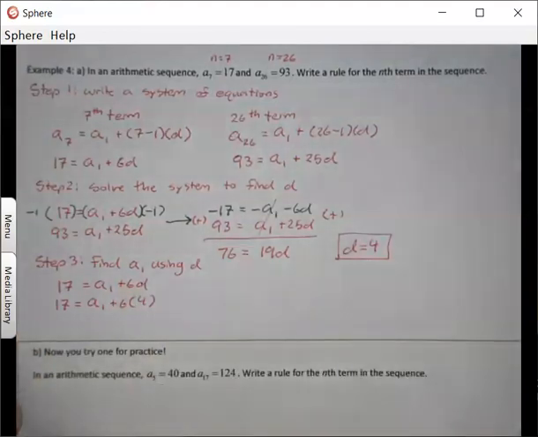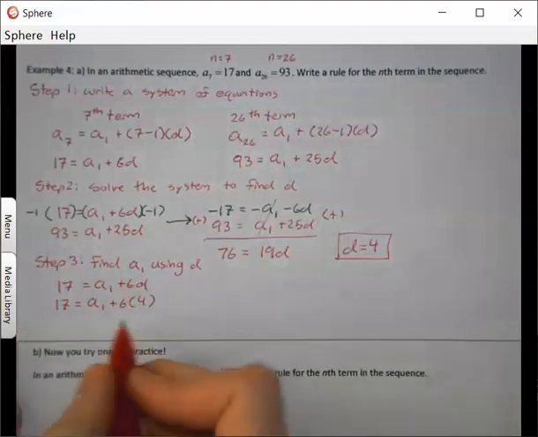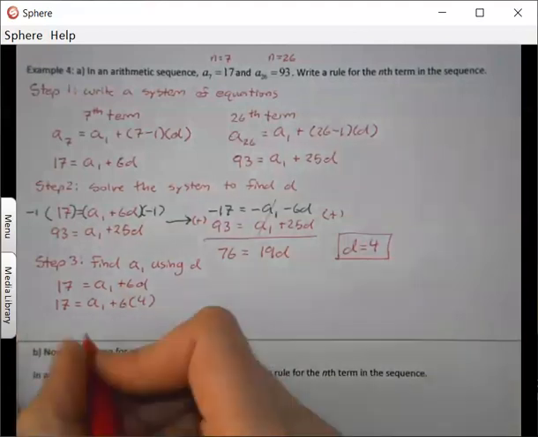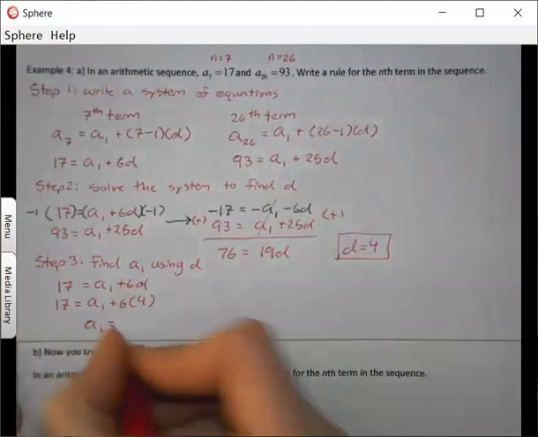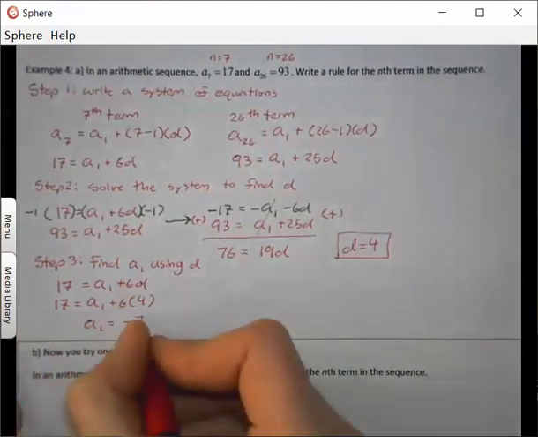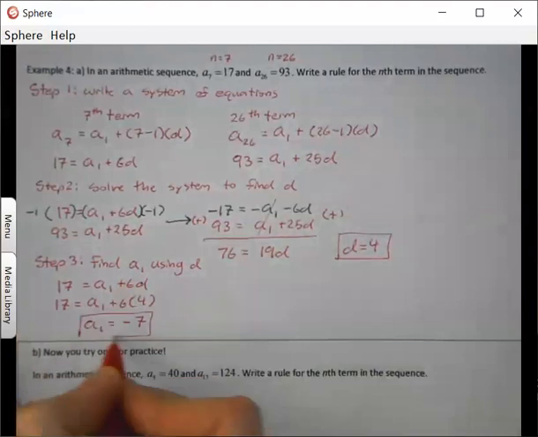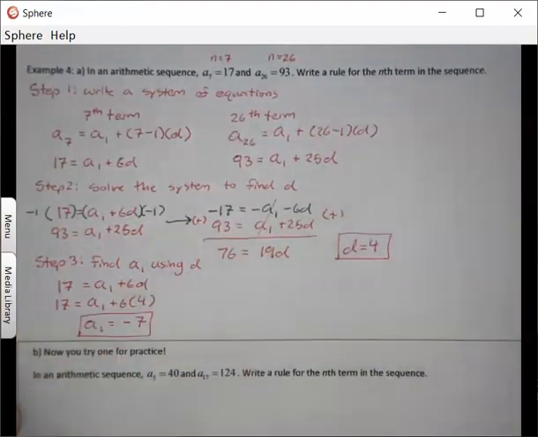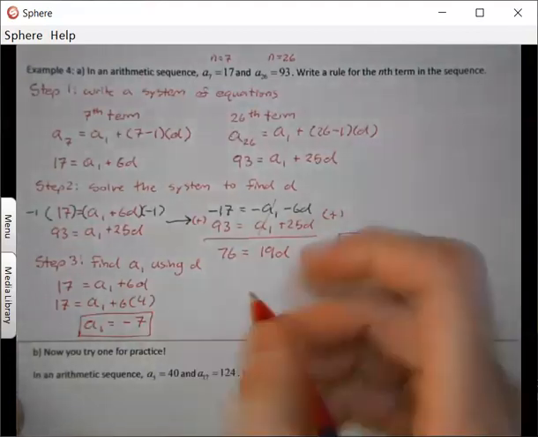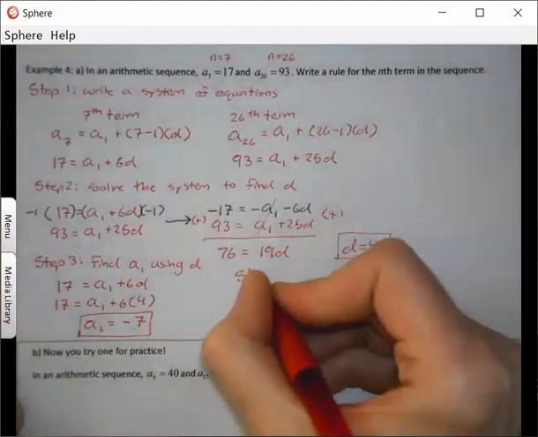6 times 4 is 24. We take away 24 from both sides. It looks like my a sub 1 is minus 7. Now that we have our a sub 1 and our common difference d, we can finally write our rule or our equation. So last step, step 4,